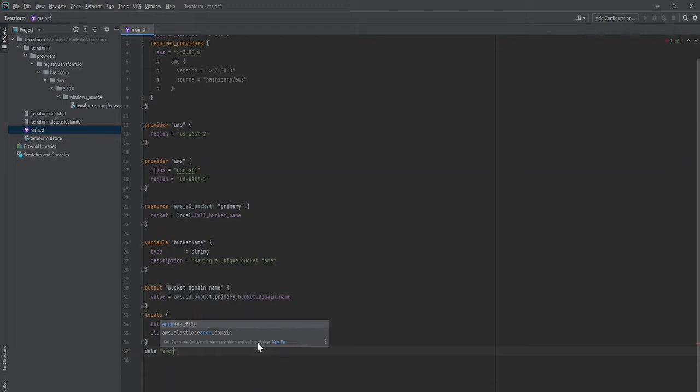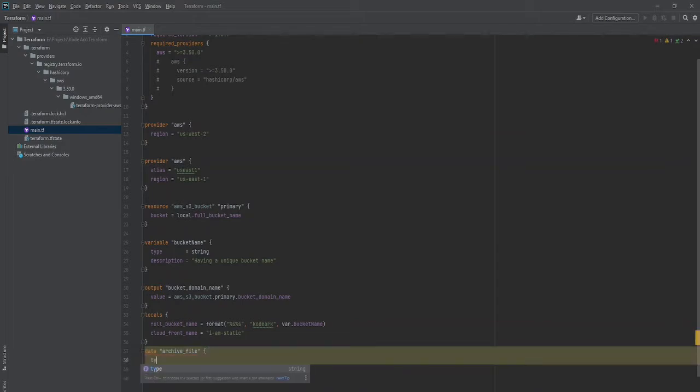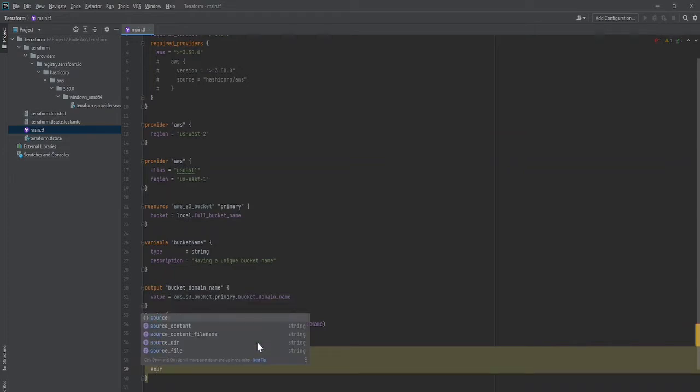For that, I have used data, the name of the method. What I'm going to do is archive it. The type is going to be zip format or any other format you want. For the source, there are two things, source file and source directory. If you want to zip entire files under a directory, then you can put the source directory name. But for me, I'm going to have a source file and I will reference the related one.